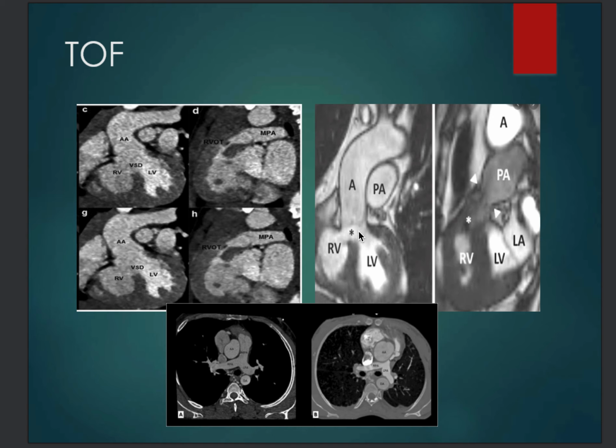So it's overriding aorta with a VSD, infundibular stenosis, outflow tract obstruction, and the right ventricular hypertrophy that are the components of the Fallot tetralogy. And the treatment is to remove the stenosis of the right ventricle by valvotomy, or infundibulotomy, or transannular patches and correction and reconstruction of the RVOT in order to relieve the obstruction of the right ventricle,